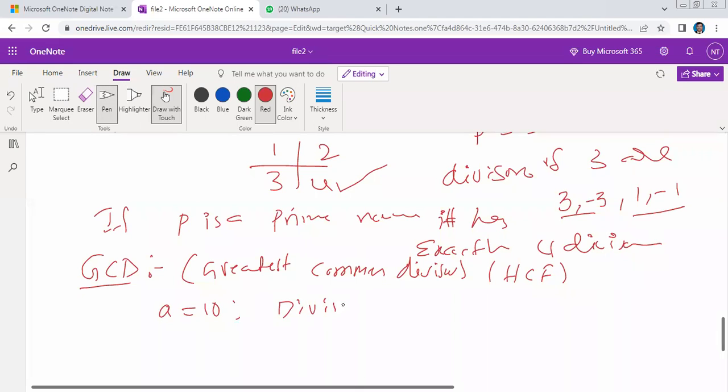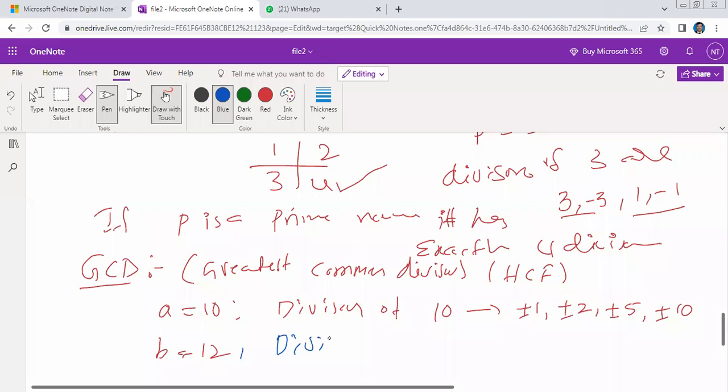1, 2, 5, 10, plus or minus. Divisors of 10 are ±1, ±2, ±5, ±10. These are the divisors. Suppose b is equal to 12. Divisors of 12 are ±1, ±2, ±3, ±6,